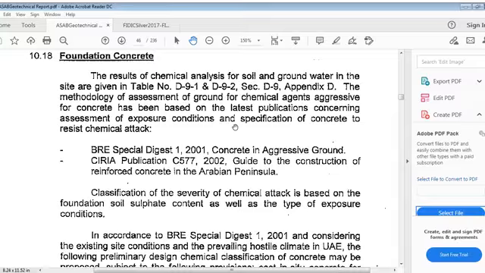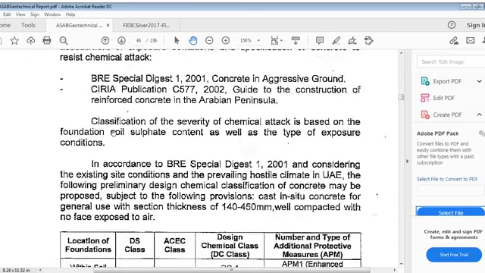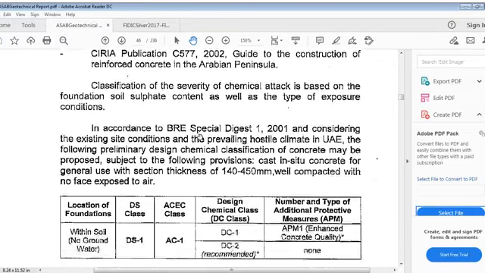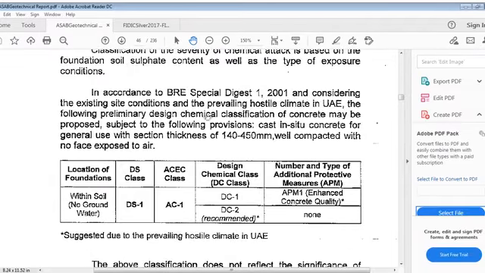Now they are giving reference to BRE Special Digest 1, 2001, Concrete in Aggressive Ground, and CIRIA publication C577, 2002, Guide to Construction of Reinforced Concrete in the Arabian Peninsula. The classification of severity of chemical attack is based on foundation soil sulfate content as well as type of exposure conditions. In accordance with BRE Special Digest 1 2001 and considering existing site conditions and the prevailing hostile climate of UAE, the following